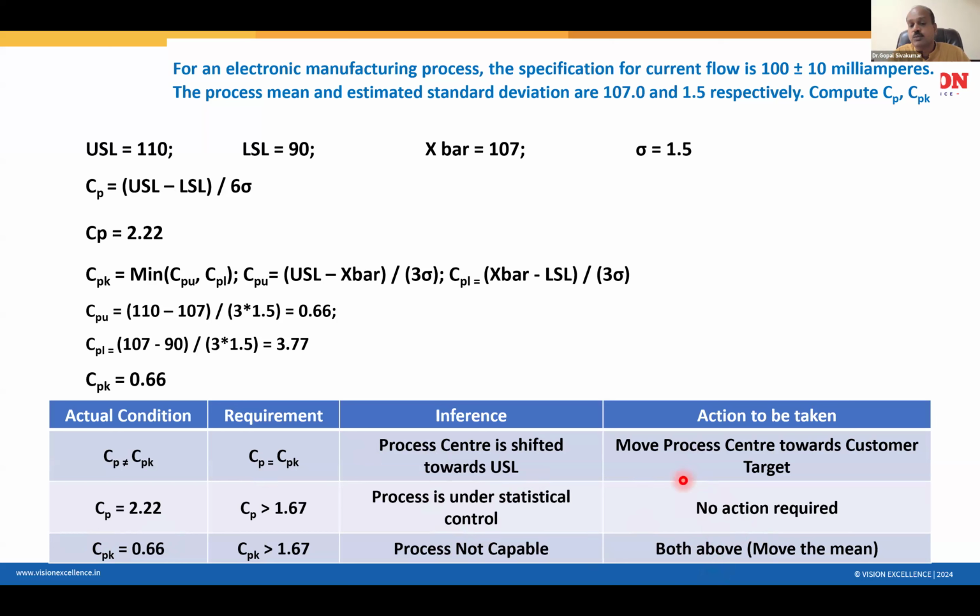So now you have to move the mean. Moving the mean is the statistical solution. But how can you move the mean in real time? You have to apply all your process knowledge and understand the current condition. Like, if I want to shift the class average mark from 75 to 95, what should I do? I may conduct some extra classes. I may give more orientation towards the exam. These are the real-time actions. Similarly, you must understand what works best in your process.